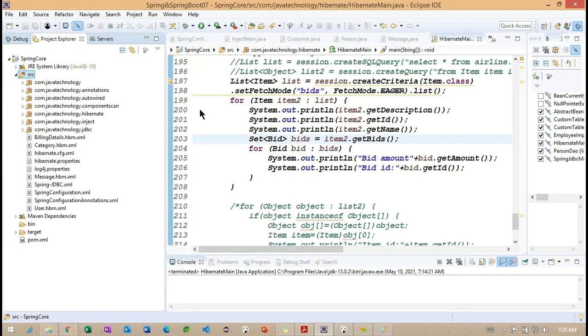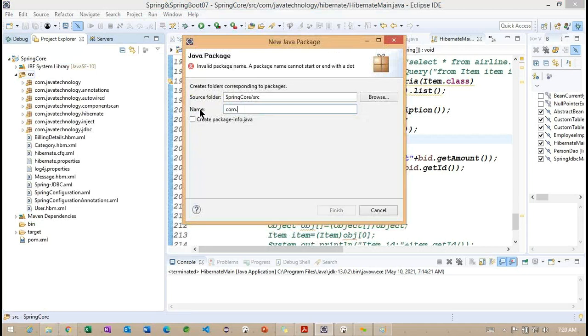Okay, here I want to create a package: com dot java technology dot spring hyphen hibernate. What happened? Okay, hyphen is not taking here. Let me try with underscore. Okay, so hyphen is not working, so that I created.